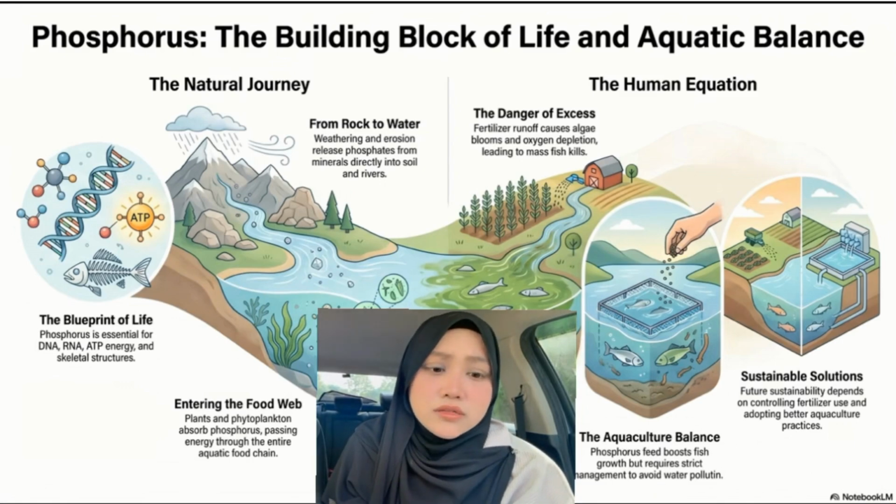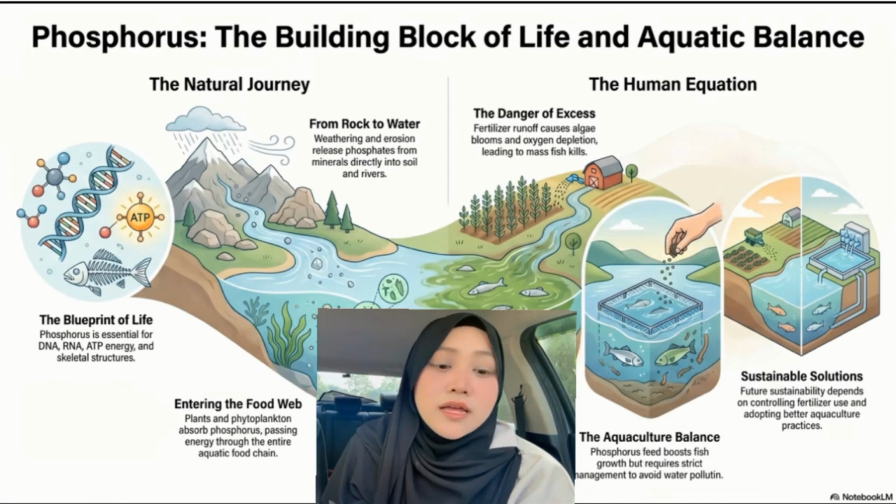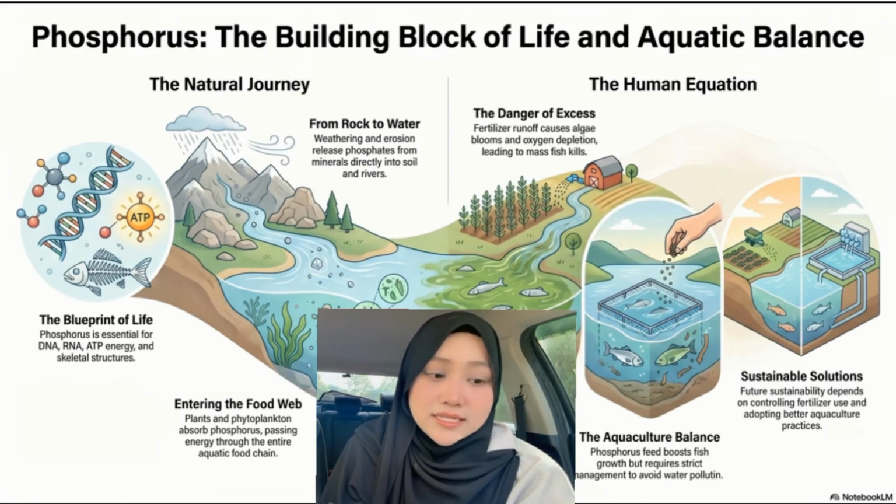However, we also see the environmental risks that occur when the cycle is thrown out of balance, which is excess phosphorus from the fertilizer runoff, which can lead to catastrophic algae blooms and oxygen depletion, turning healthy aquatic ecosystems into dead zones. The path forward is defined by sustainability and awareness,